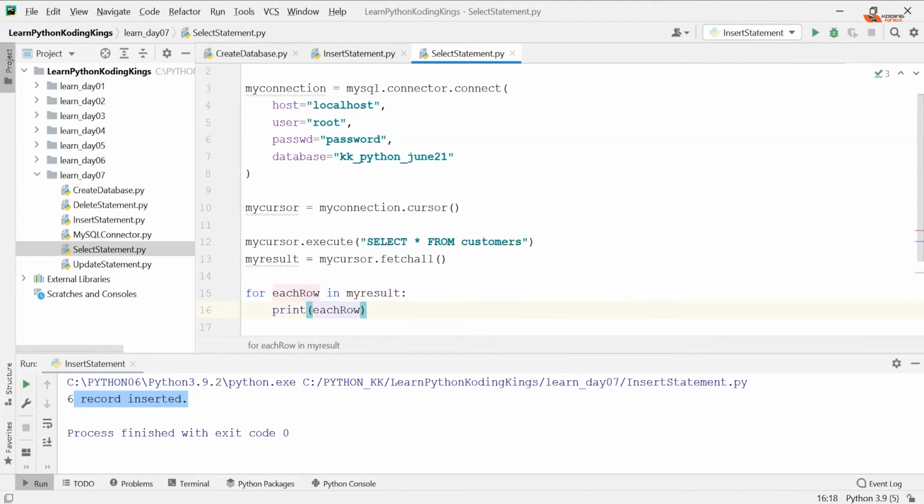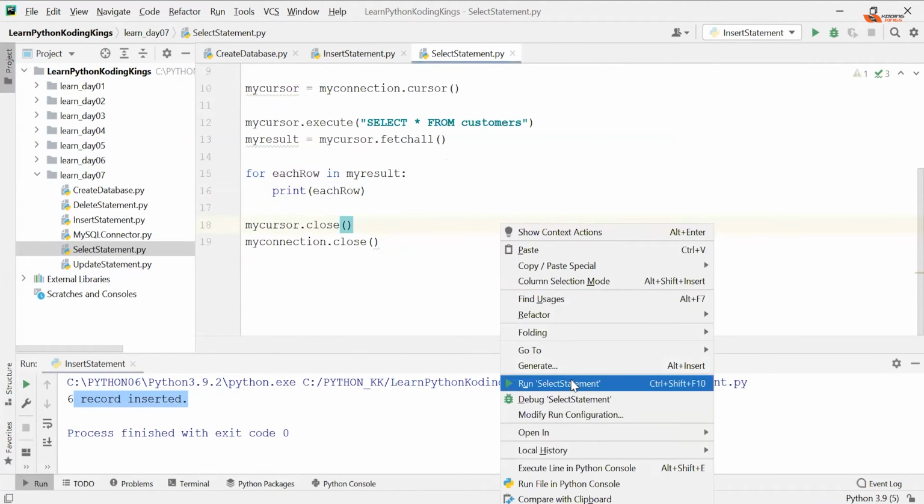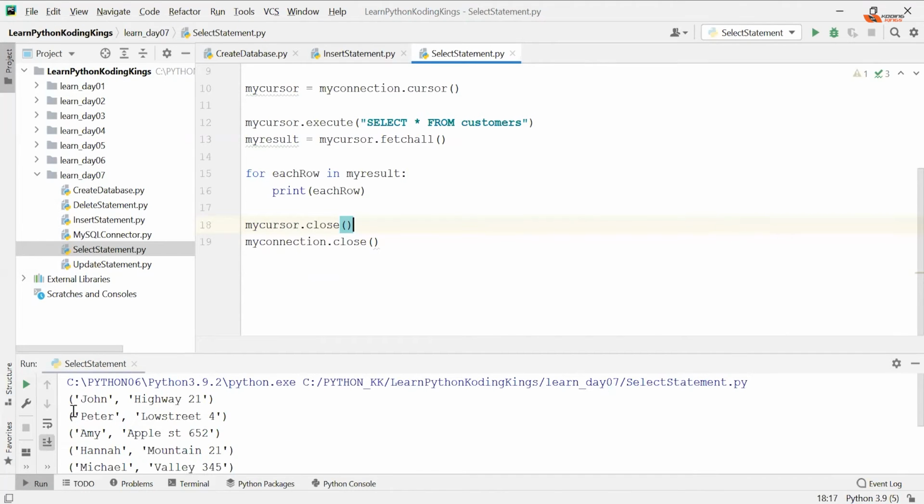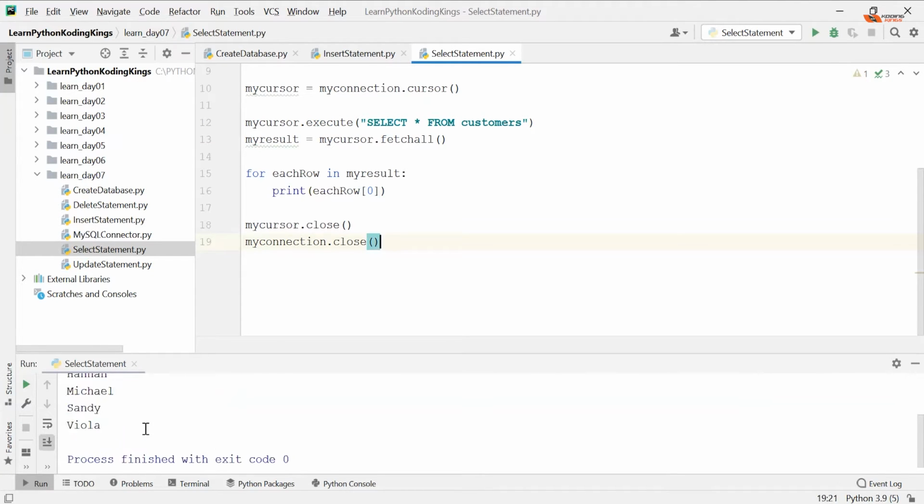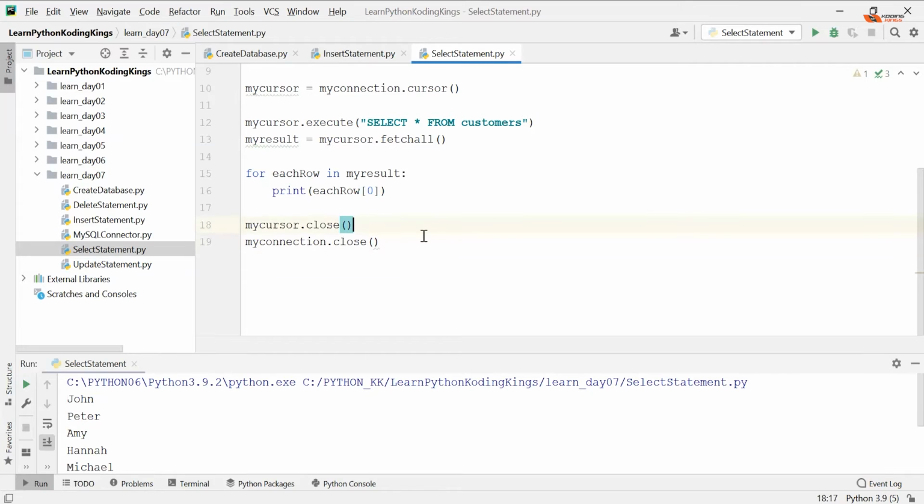Remember that each row will give you all the columns in tuple format. Sorry, tuple, not list. If I'm getting a tuple out of it, I can always get column 0, or the first column, with the help of index access, correct? Because we learned data structures. This is how it works. If I print each row, it's going to give me each row like this. So run the select statement and you get all these things. Let's say I just need the name, I will get row[0], and you will get only names out of it. Got it?